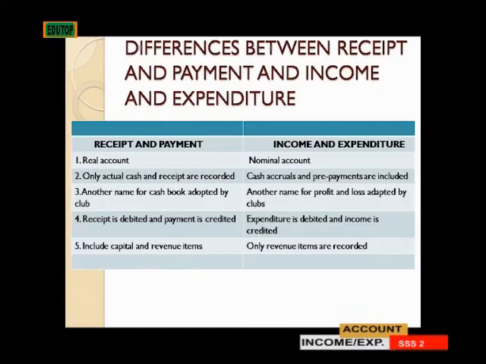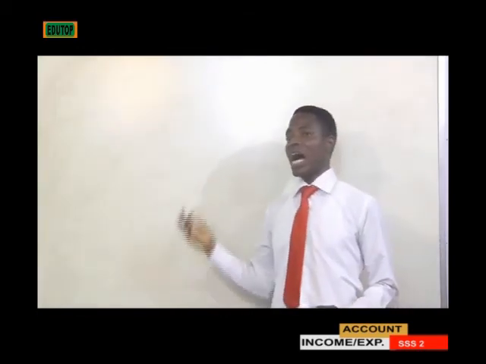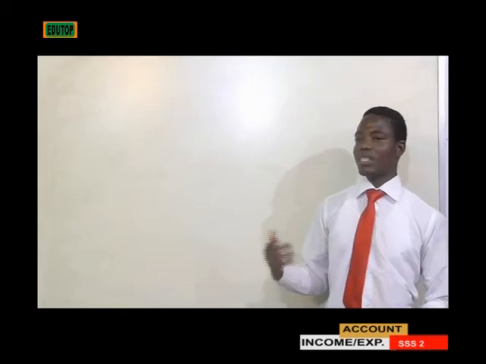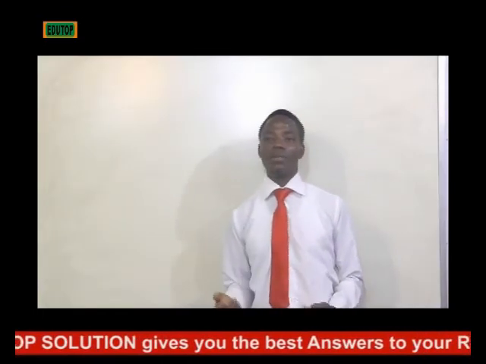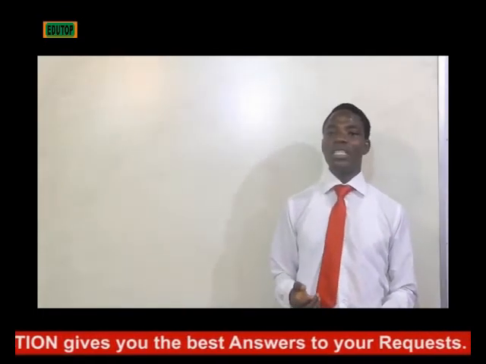Then four, receipt is debited while payment is credited in receipt and payment, like we've seen in the format. But in income and expenditure, expenditure is debited and income is credited. So the fifth one is